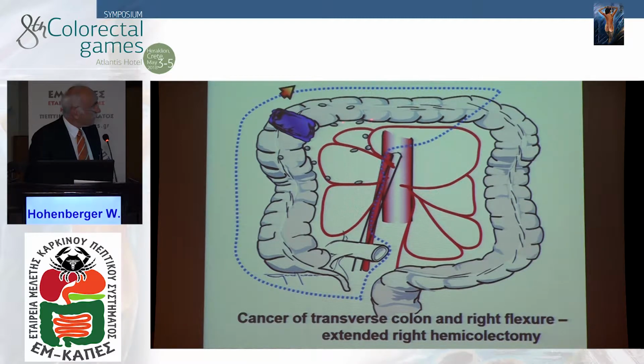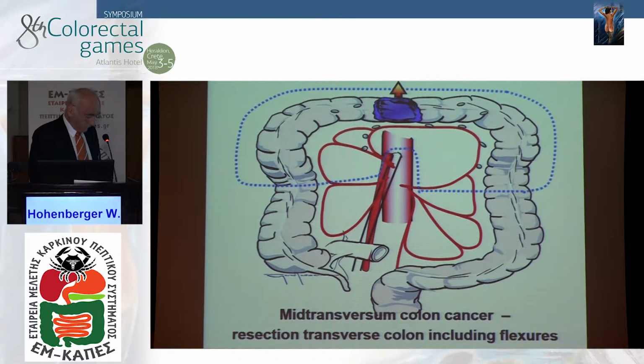You will not find pericolic lymph nodes beyond the distance of 10 centimeters from the tumor to either side. So you have to cut here, and you get everything even along the colon. When the tumors are shifting to the left, of course you have to extend the resection more to the left. But always, the middle colic artery has to be removed. The ileocolic can stay behind. You have also to include the left descending colic artery, but must not remove or dissect the inferior mesenteric artery flush with the aorta. This is not necessary, you can leave it, and you can dissect the lymph nodes even here.